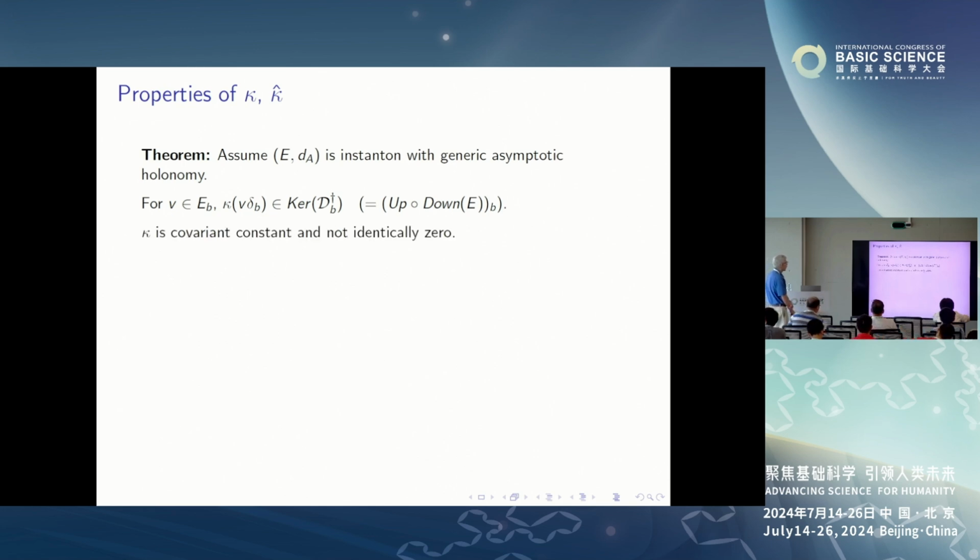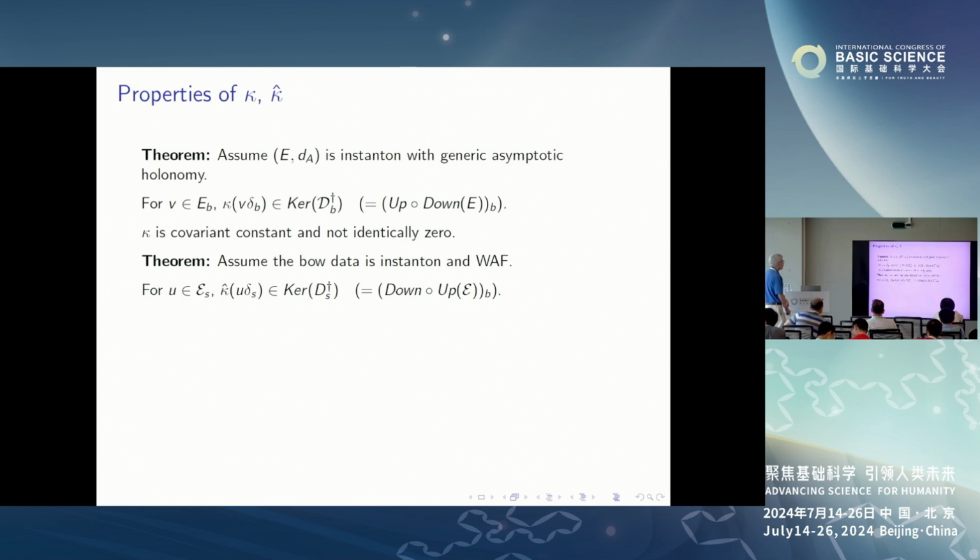And that kappa is in fact covariant constant and not identically zero. So we get the corresponding theorem. On the bow side, if we assume the bow data is instanton and without abelian factors, then if we do the same thing, the kappa hat map maps us to elements of the kernel of the Dirac operator in multicenter Taub-NUT. So we get an explicit way of constructing solutions, elements of the kernel of the Dirac operator,